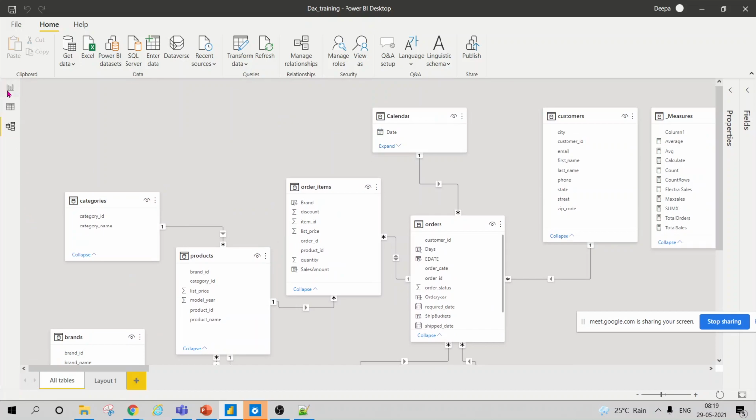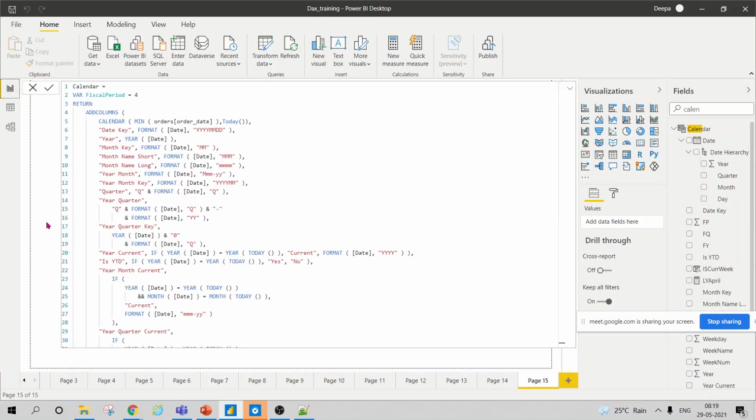So whenever you are trying to join those dates with another table, multiple order tables with multiple shipment tables, there would be a many to many join. Power BI does not work well because there could be adverse results when you are using a many to many join. In that case, as I told you earlier as well, you should always create a one to many join. For that you should create a bridge table. In that case, your calendar table will act as a bridge table. You got it?